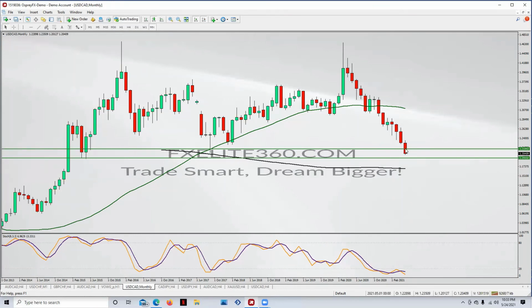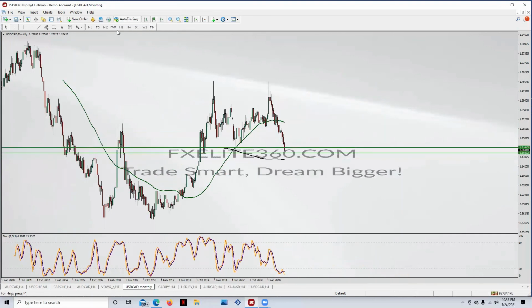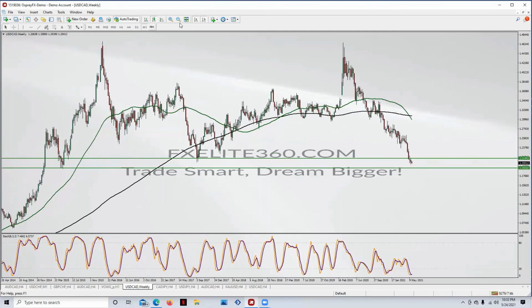So we have a small position here. Most likely I'm going to add if we get closer to this wick right over here. Okay, I'm going to add more, and then I'm going to hold. So this is a daily, weekly, and monthly trade. I would consider it a weekly trade, actually, much better, because the levels are showing way better than the daily is.